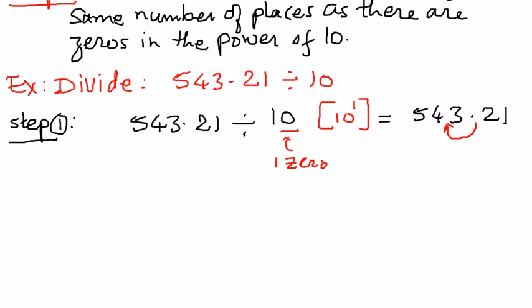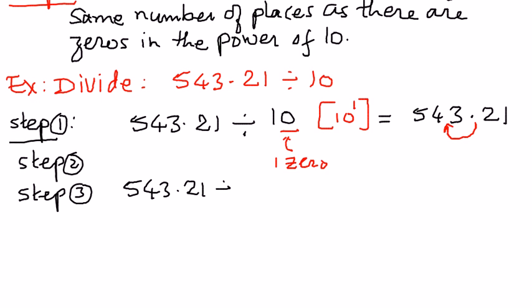This is our second step. In the second step, what did we do? We have identified the number of zeros in 10. The number of zeros in 10 is 1, and we could also write it as an exponent, 10 to the power of 1. Therefore in 10 to the power of 1 the exponent is 1. In 10 there is 1 zero. Therefore when we divide 543.21 by 10, we're going to move the decimal place one place to the left, like that. And therefore in step number 3 we're going to write this answer as follows: